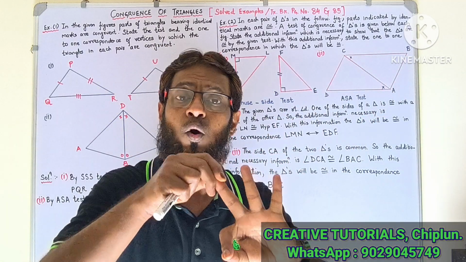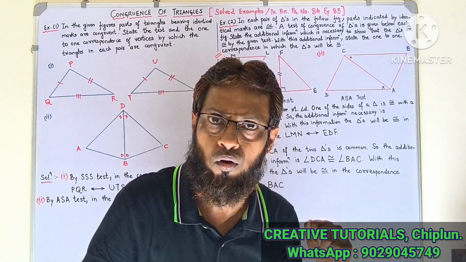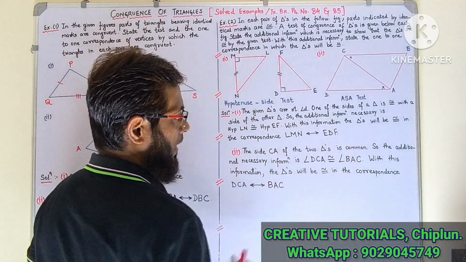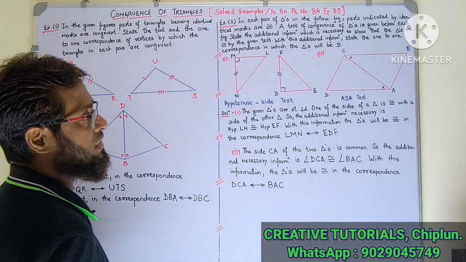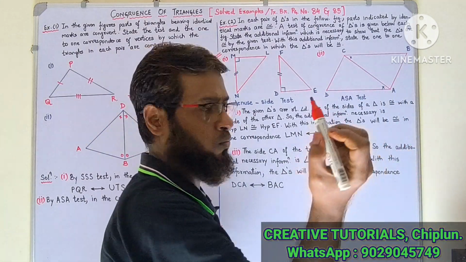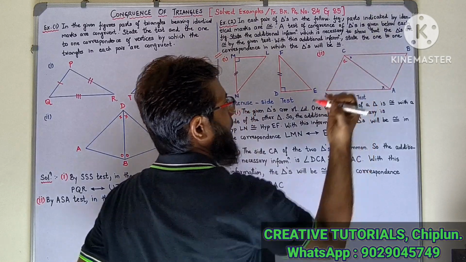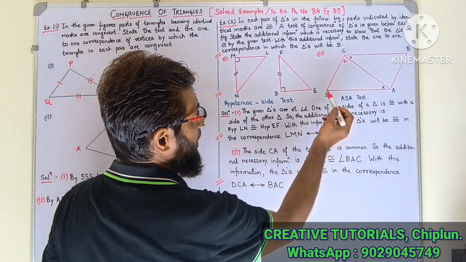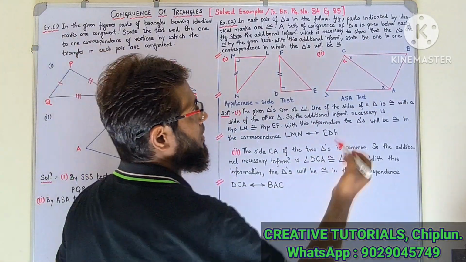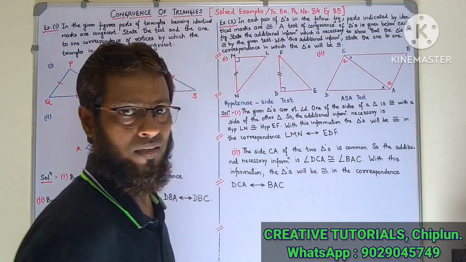Now the third challenge is that one more pair of corresponding angles needs to be shown congruent. So which one is that? It is angle DCA congruent to angle BAC. Where is DCA? Let us see DCA. I am just using my marker now to show that. Suppose I make A, so angle DCA, this angle, should be congruent to angle BAC,